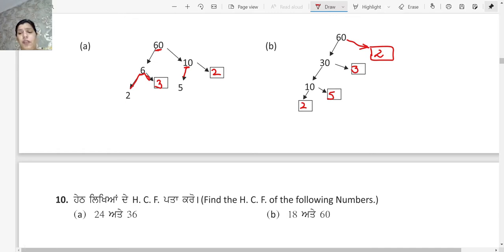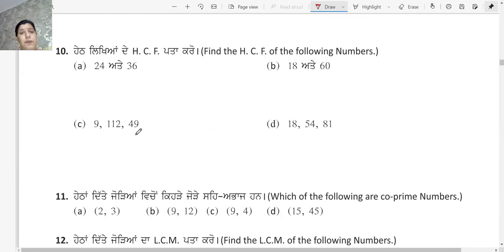Moving on to question number 10, you have to find the HCF of 24 and 36. बेटा HCF निकालने के लिए you can follow the long division method as well as the prime factorization method. Okay students, so one question I will do with the long division and one I will do with factor method. Now for 24 and 36, I will do the division method. What you have to do is you have to keep the bigger number inside. छोटे number से आपने divide करना है.